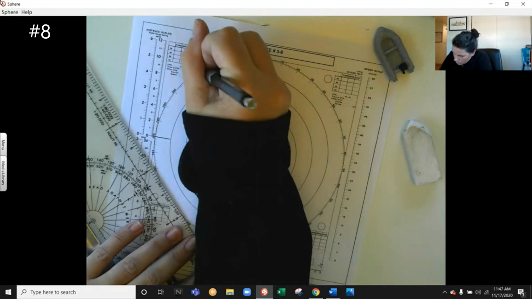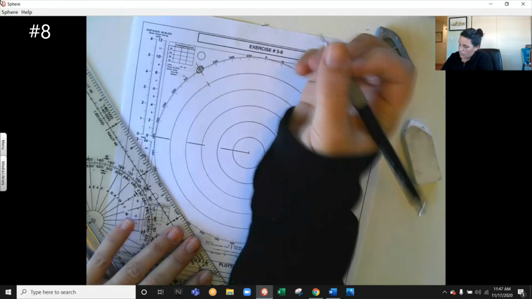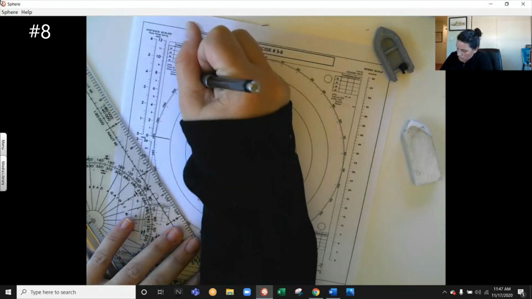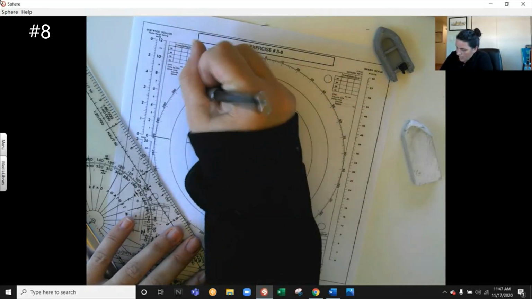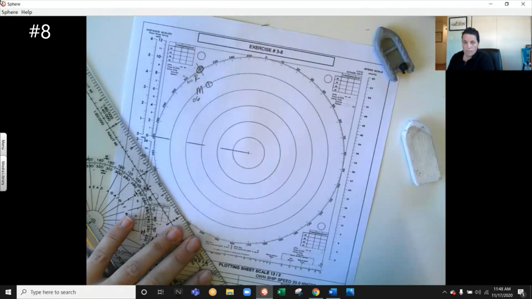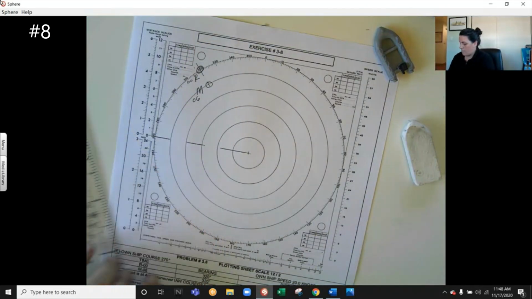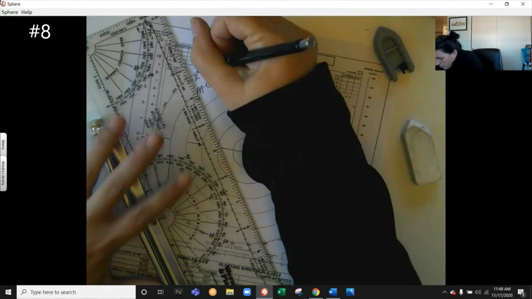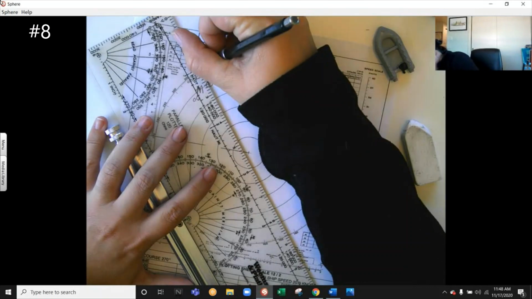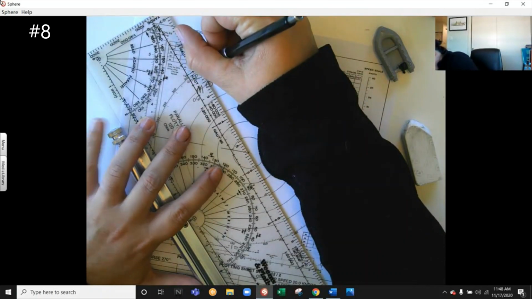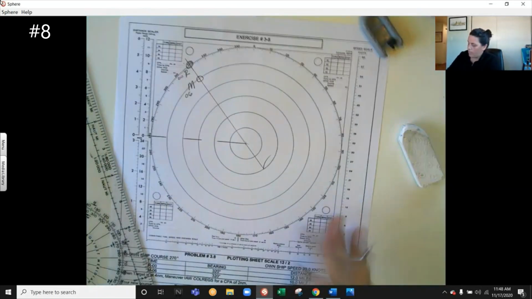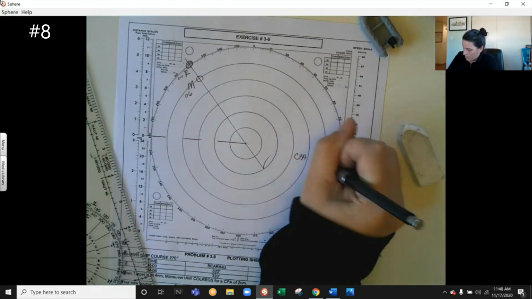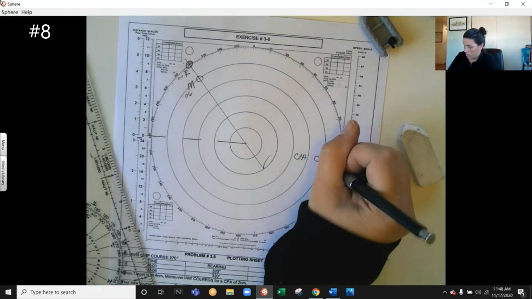So at 12 nautical miles would be my R, minute 0, and at 10 nautical miles would be my M at minute 6. So our first step is to connect R to M and figure out what our relative motion is. Right through the center, we have a CPA of 0, or collision course,